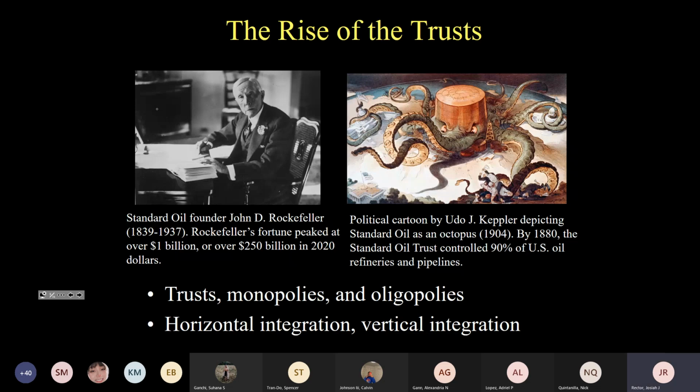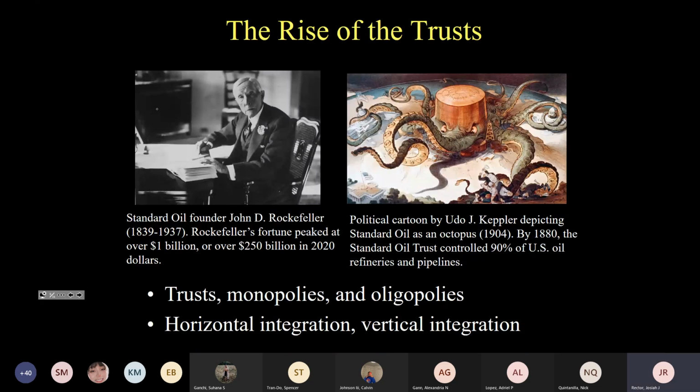Let's break down what those terms mean. Does anybody know what a monopoly is? Exactly, right? So when we think about markets, in textbooks, they're often described as the exchange of goods on a competitive basis between buyers and sellers, right? But a monopoly is a situation where a market is cornered or controlled by a single firm. An oligopoly is where it's controlled by a small number of firms, right?